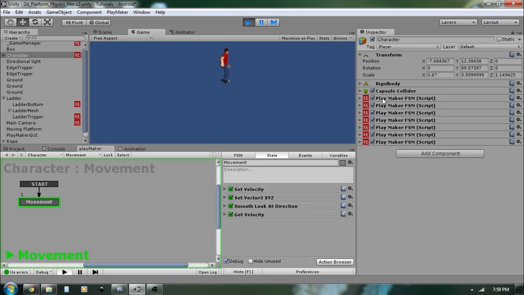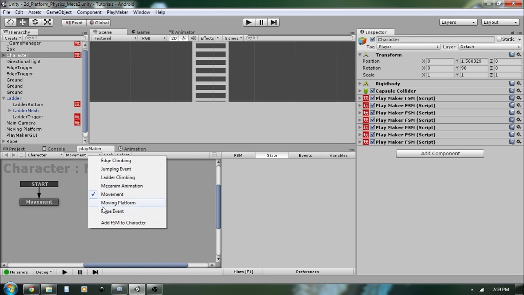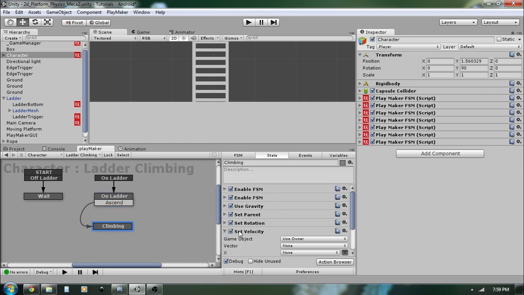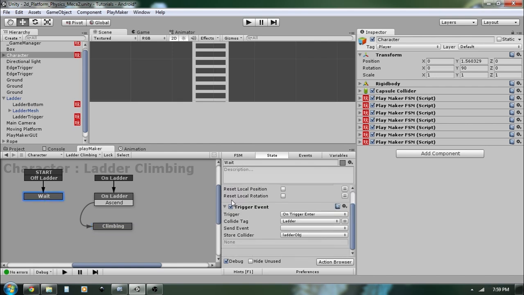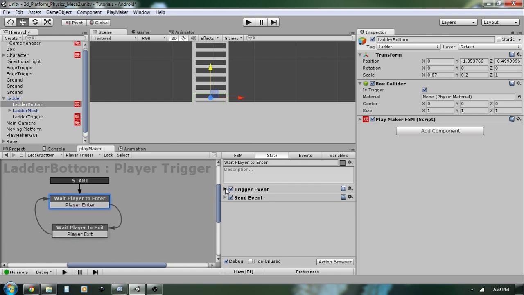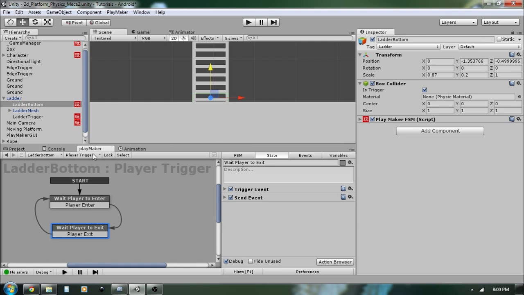Oh, sorry, there seems to be a problem still here. Let's see what is the problem. Okay, this is use gravity, should be okay. This is... okay, let's see our bottom here. Trigger event, player enter, ladder, is on ladder. Okay,